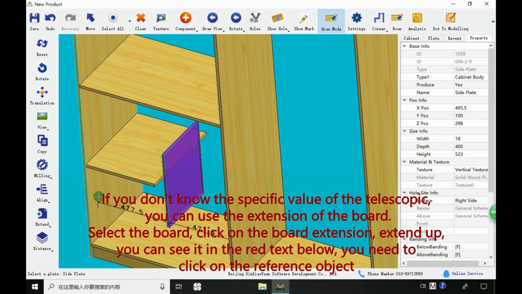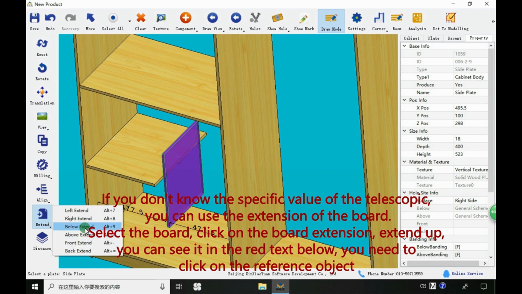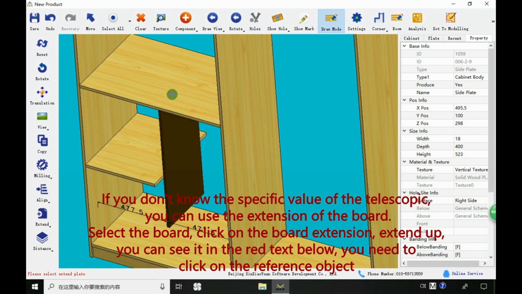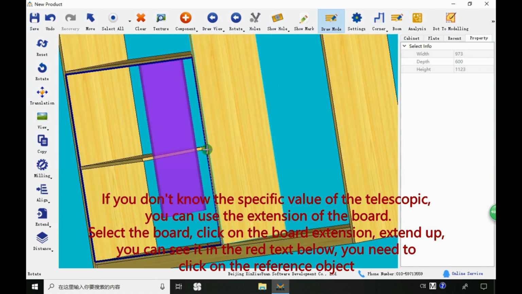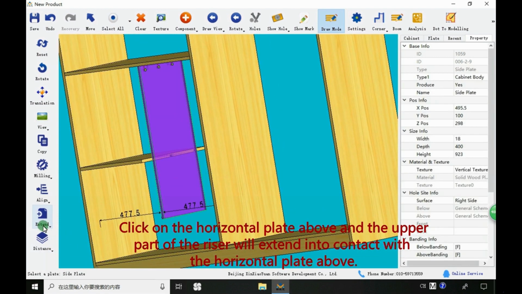If you don't know the specific value of the extension, you can use the extension of the plate. Select the plate, click on the extension of the plate, and extend it up. You can see the red text below: you need to click on the reference object. Click on the horizontal plate above and the upper part of the riser will extend into contact with the horizontal